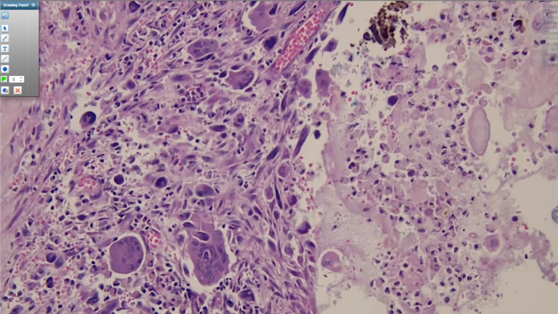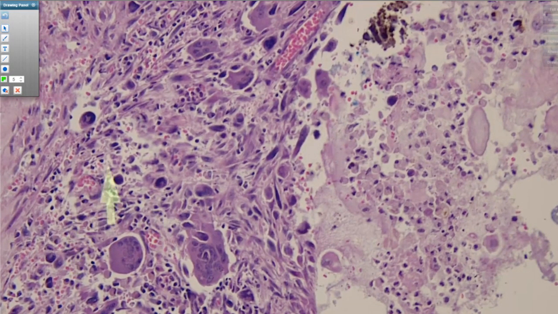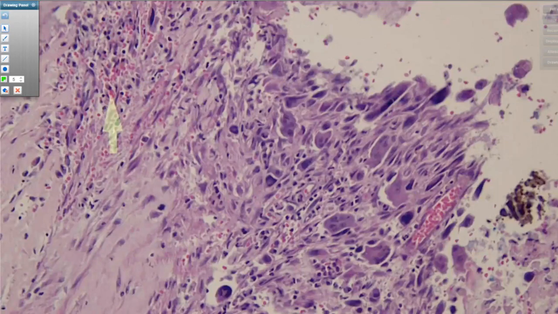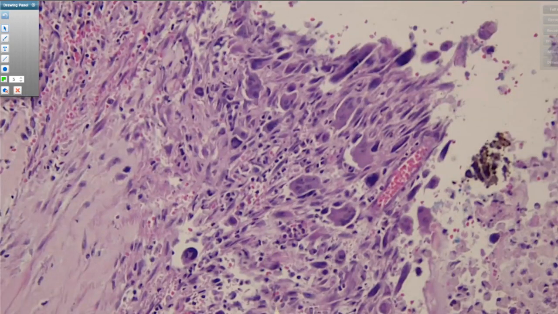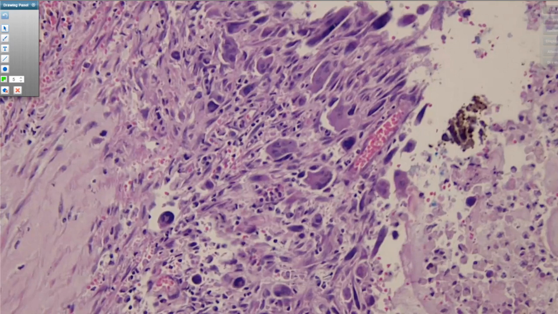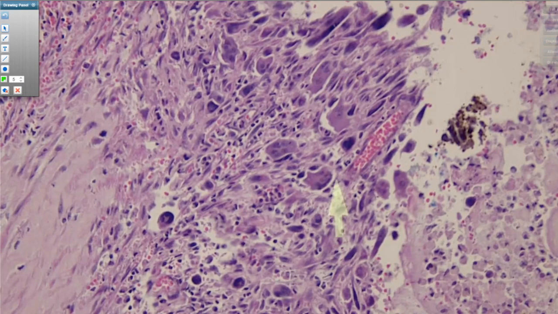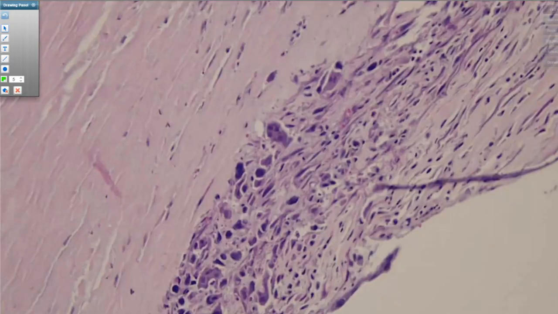When you look at higher power, you've got lots of really atypical looking, but spindle to undifferentiated looking cells. They're not clearly making glands. Often they're just single atypical cells, and they're associated with these multinucleated giant cells that resemble osteoclasts. And on an adjacent section,